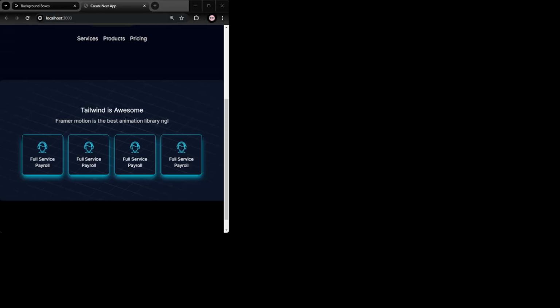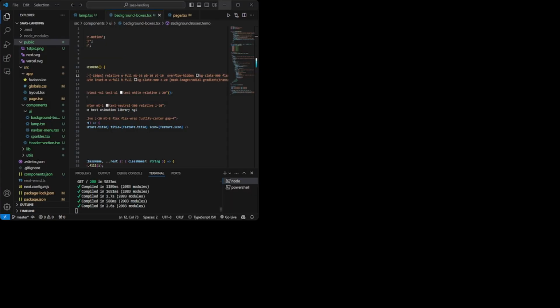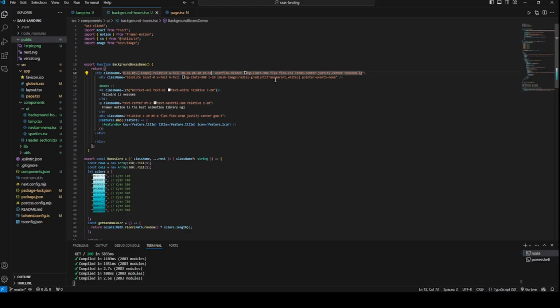So let me take you back to my VS Code. Here, I'm going to give the width of 3/4.